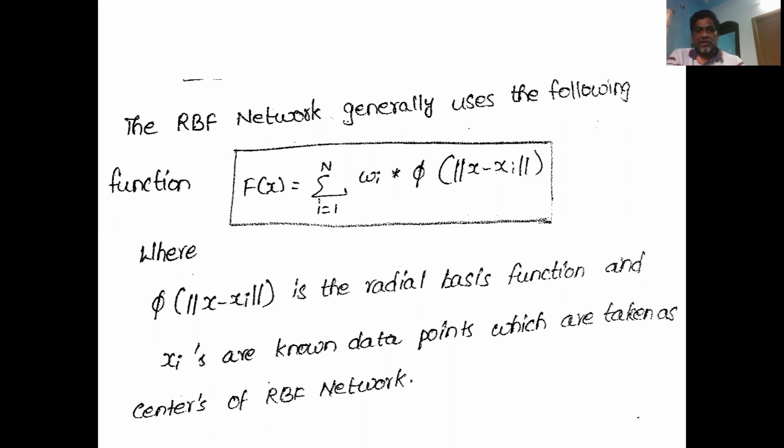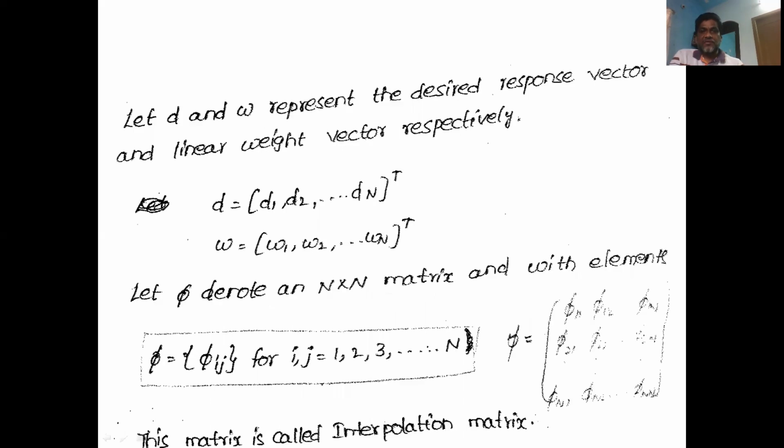Generally the xi will be taken as centers of the network, based on the number of classifications that we need to make. So overall, the function f of x equals summation i equals 1 to n of wi into phi of norm x minus xi is used in RBF networks for